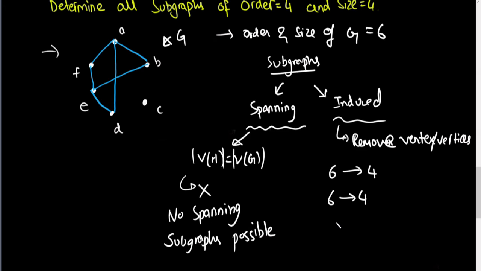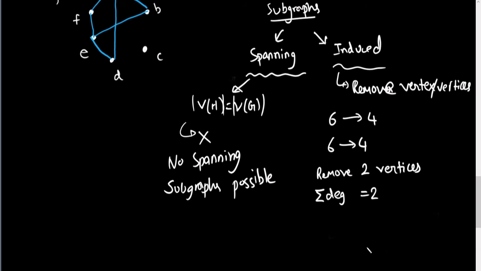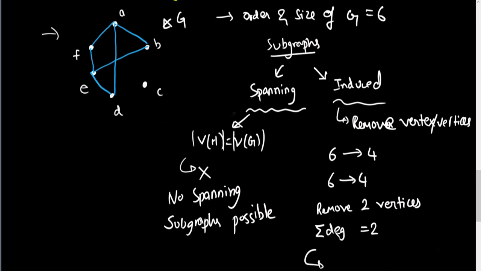Now if you see carefully, if you remember the note that I had shown above, when you remove a vertex, all the edges associated with that particular vertex also get removed, right? So if we remove 2 vertices whose degree sum add up to 2, then we're done. Because if we do this, you will be getting rid of 2 vertices and 2 edges, because the degree sum should add up to 2.